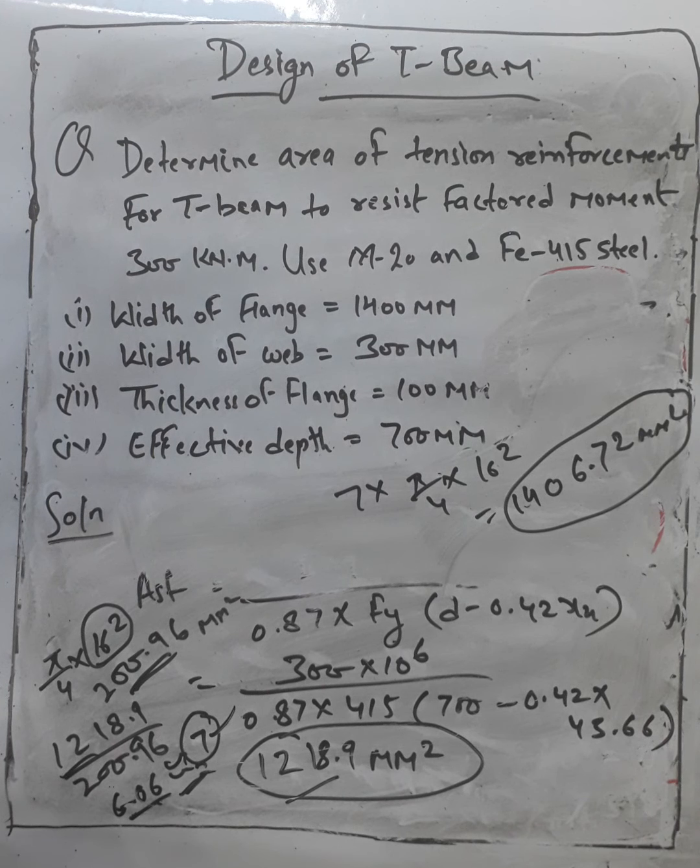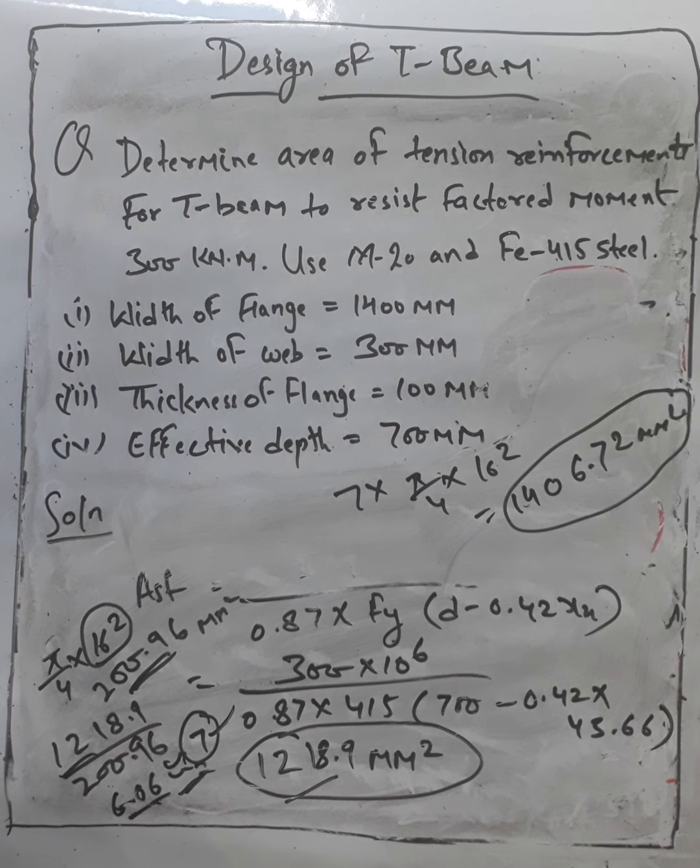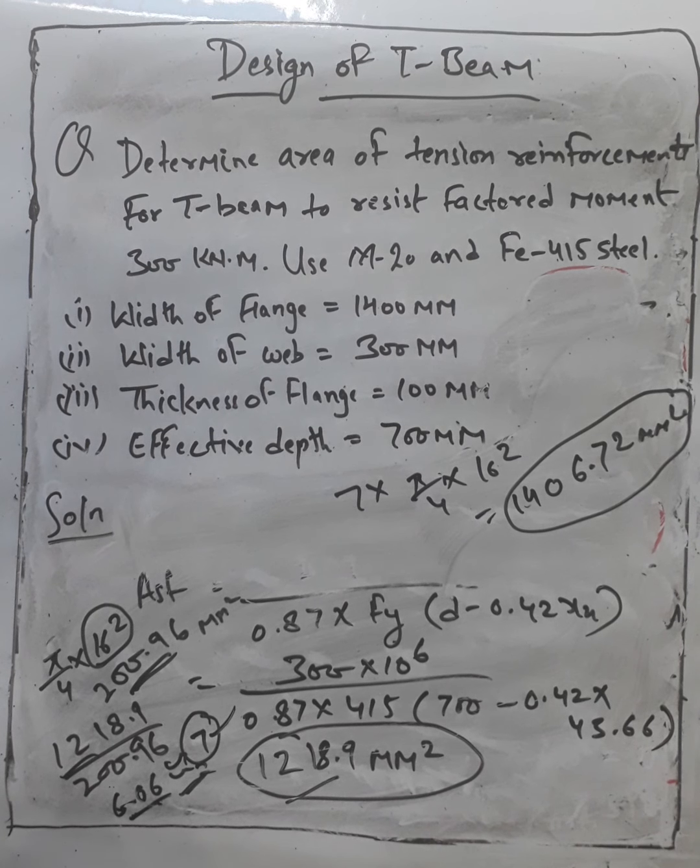So that problem is solved by this technique. This is a very easy problem, because in this case we find MR and we get bending moment is less than MR. If we get bending moment greater than MR, then you have to find MR2 and again find the value of xu. After finding the value of xu, you again find the area of steel.